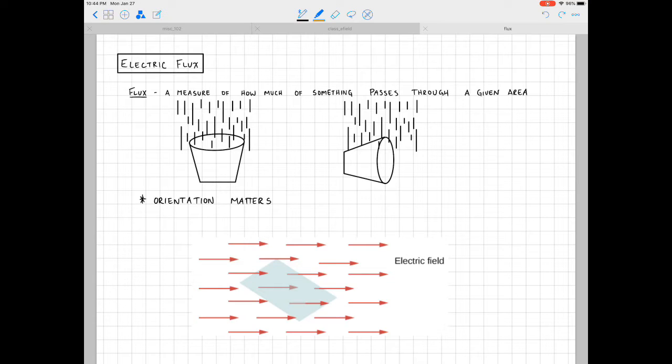All right, now that we've introduced the electric field and electric field lines, we need to introduce something called electric flux, or the idea of flux. This is going to allow us to use something known as Gauss's law that we'll introduce in the next class. All right, so first, let's define this idea of flux as a measure of how much of something passes through